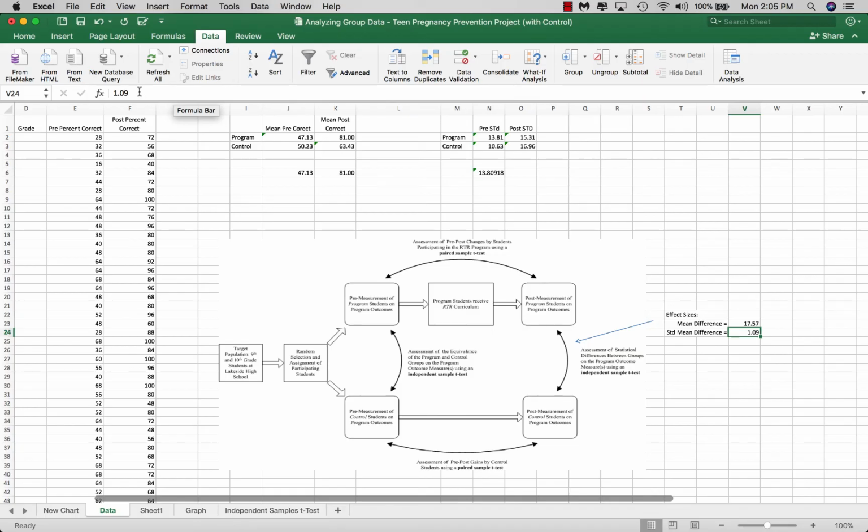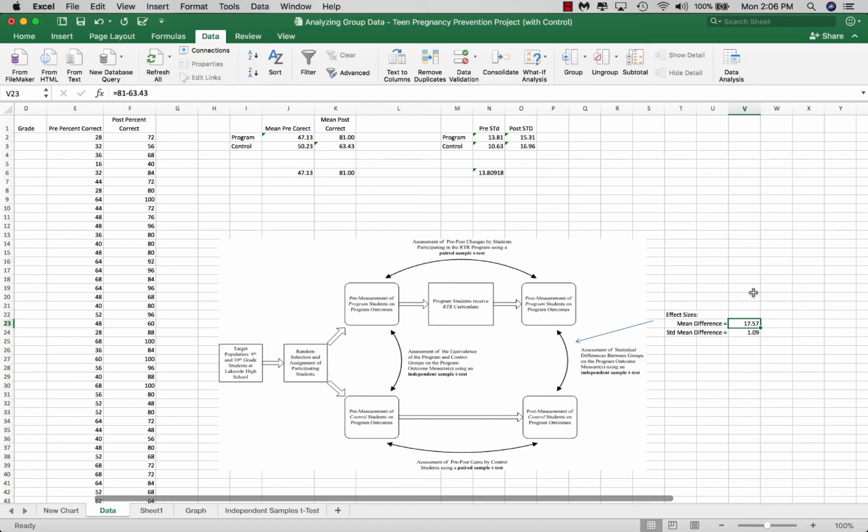The other effect size that we're interested in is literally the difference between the two group means, and you can see that we've done the math here with a simple little formula. We just typed in our equal sign and subtracted our control group mean of 63.43 from our program group mean of 81, and you can see that it's a 17.57